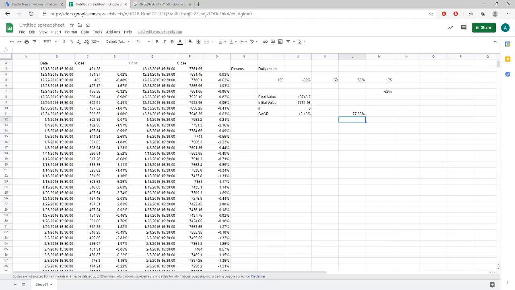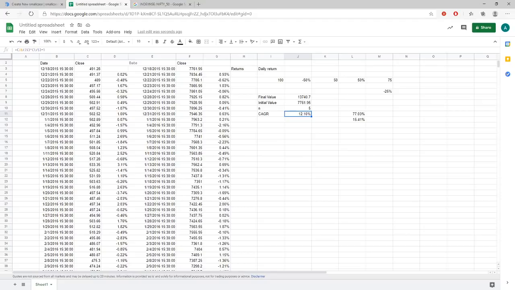As you can see, while the average return per year is 12.1%, you cannot just take the absolute return divided by 5. These are different values. Sometimes they are close enough, but they are actually different returns. You just can't do total return divided by number of years to get the yearly return. You have to calculate the CAGR formula, which is final value divided by initial value to the power of 1 divided by number of years.